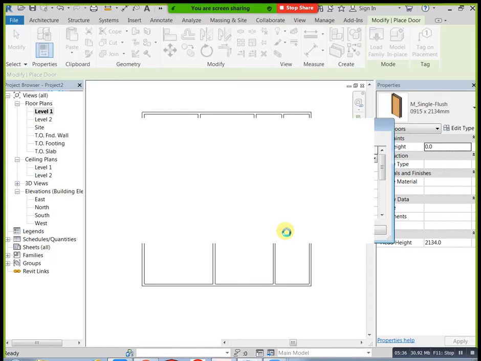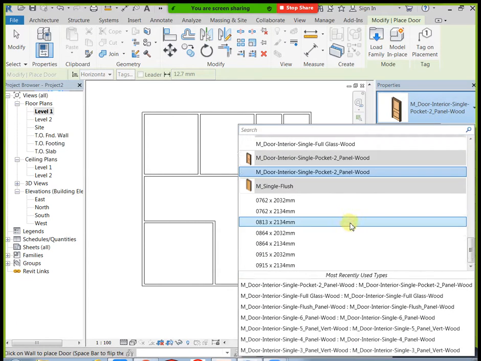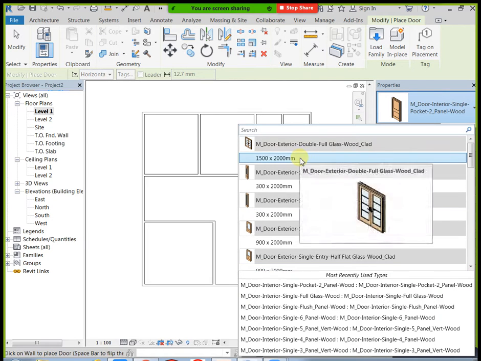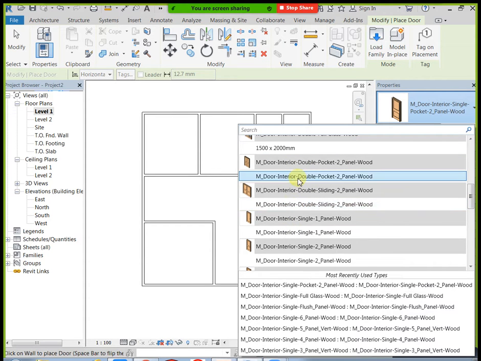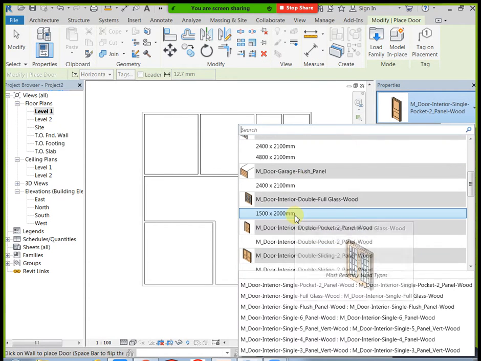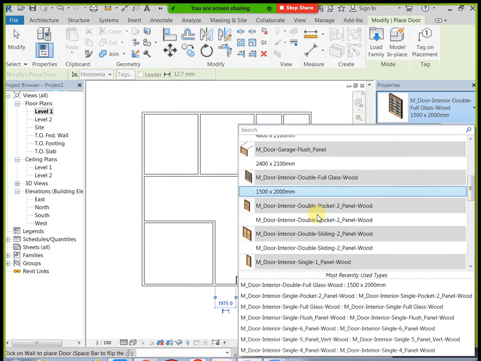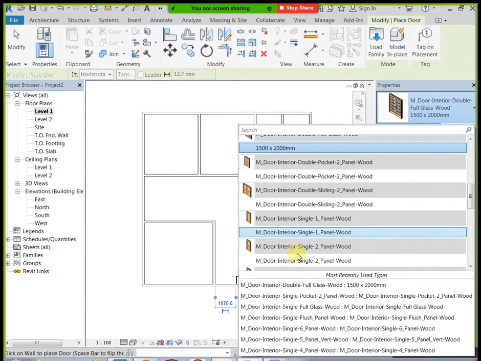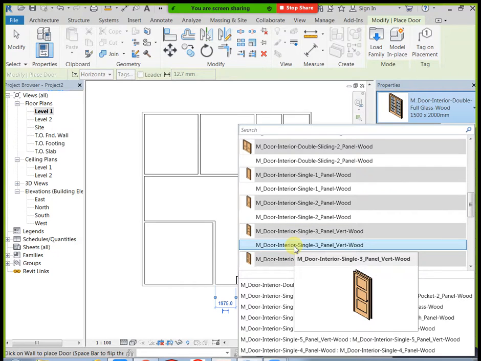Okay, loaded all items. Just go to type selector. See, these all are different types of doors. Which type of door you need? For example, I need entrance condition, like this type of door or this type of door, or if you need normal, this type of door, you can mention this also. See, this is our entrance door. Next I need inner doors. I need single door, you can take this one or this one. That is your requirement. For example, you can select this one and you can place like this.